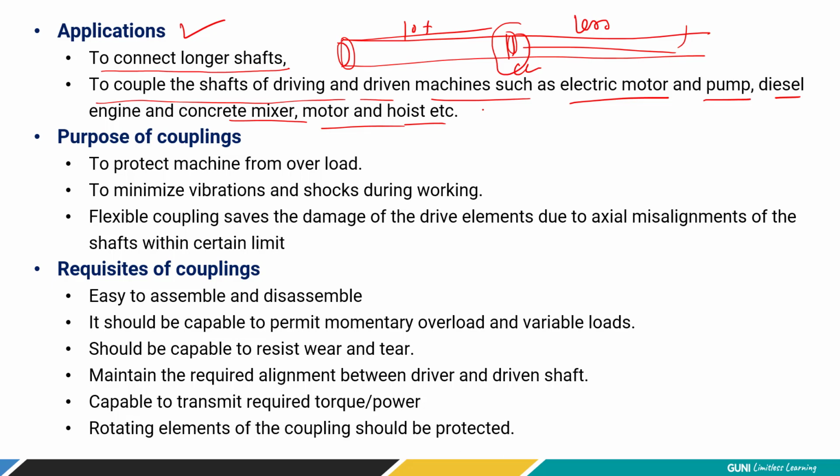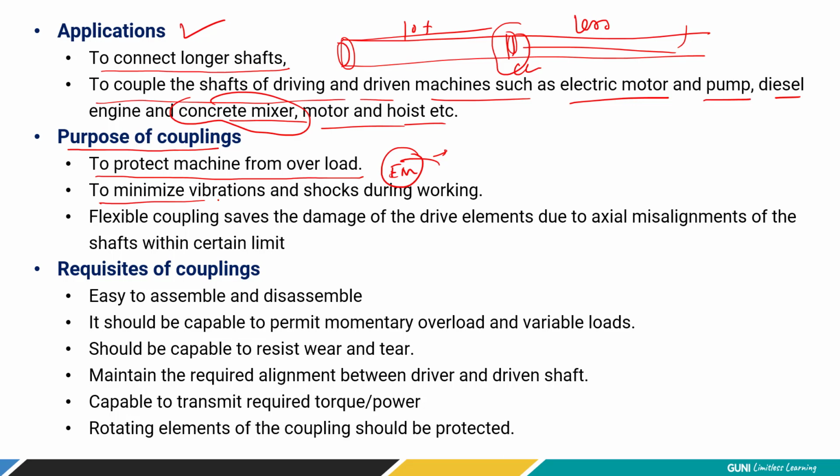It depends on the applications. Now what is the purpose of coupling? Very simple. It is to protect the machine from overload. If the machine is very crucial, there are chances of overload. Let's take the case of a concrete mixer. If an employee dumps too much material, let's say sand, mixture and grit, that is termed as overload. In that case, the coupling will take that shock load or overloading rather than transferring it to the electric motor. That way it protects the prime mover. So this is also a function of coupling.